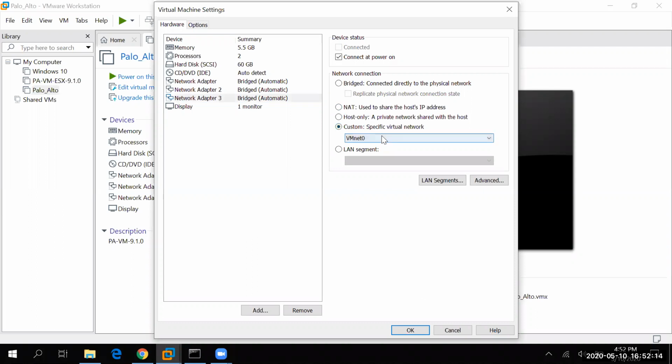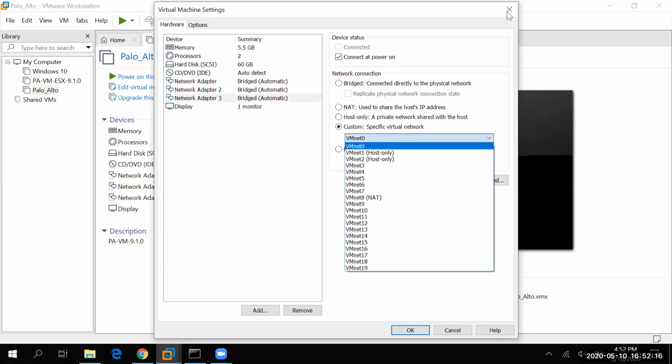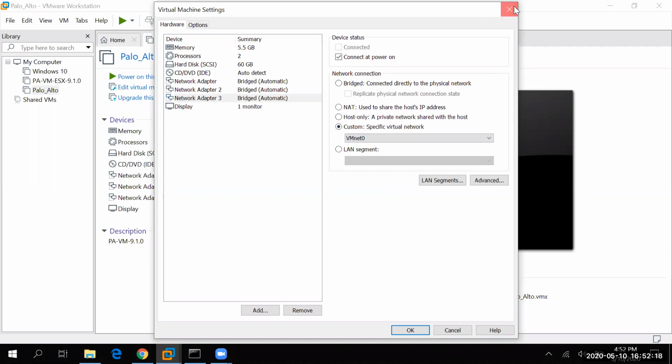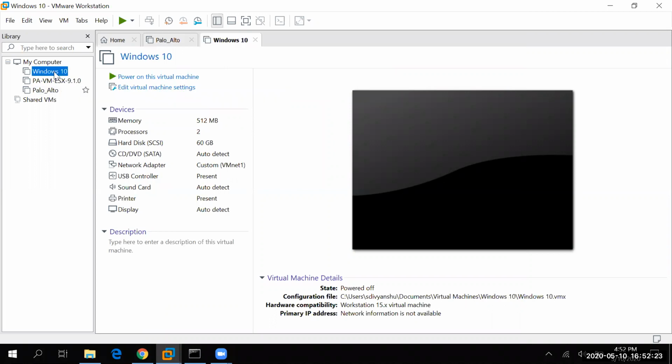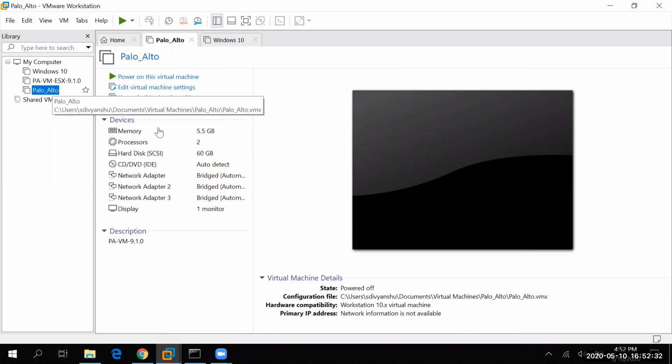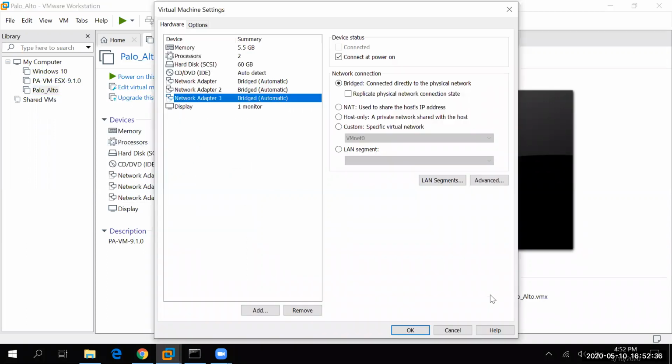Let me show you one more thing. If you have noticed, I have already configured my Windows 10 with VNet 1 here, and the same I need to mention here also. So we have already seen that our Windows 10 is in VNet 1.